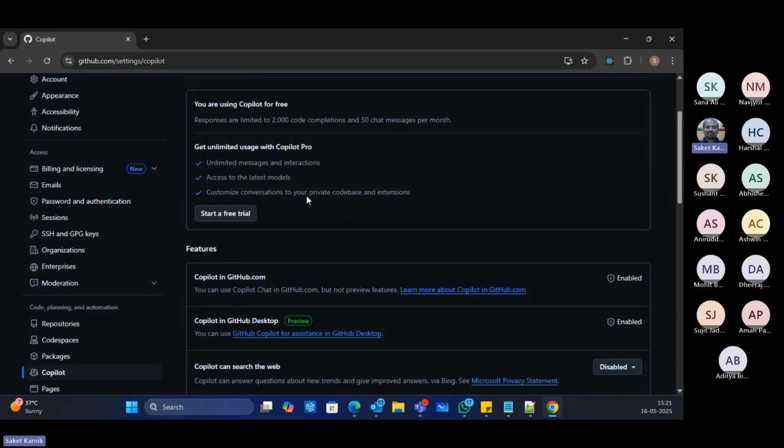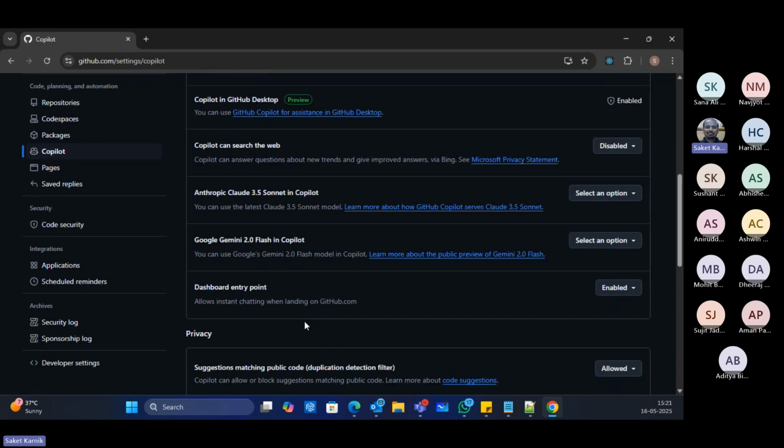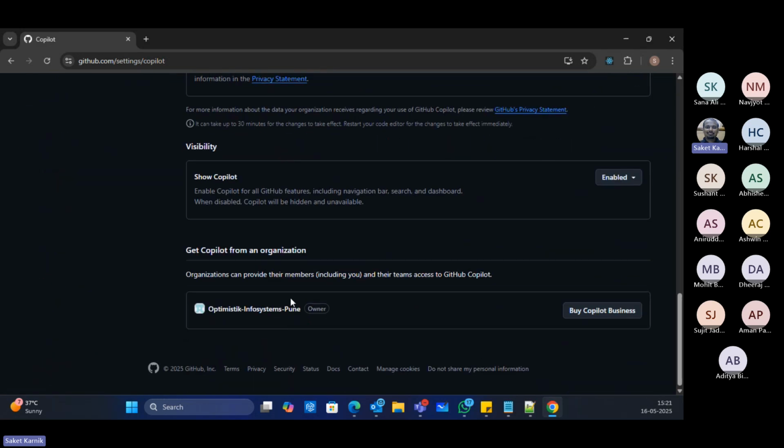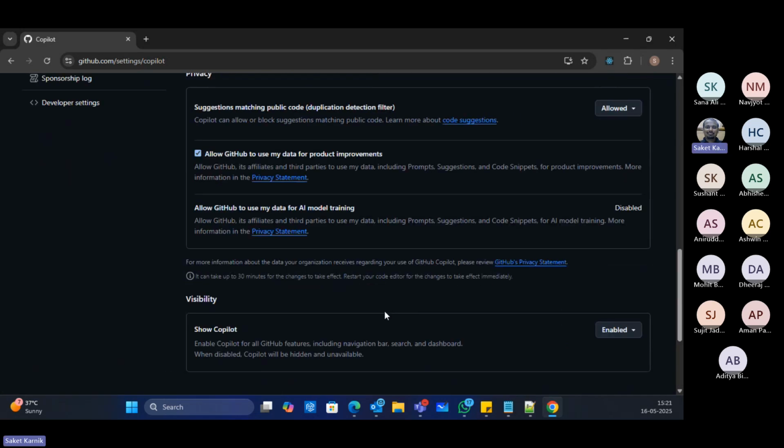So here we have the options like whether you have GitHub Copilot free, you can start one free trial. You can subscribe also for the pro version. You can buy the Copilot business as well, right?